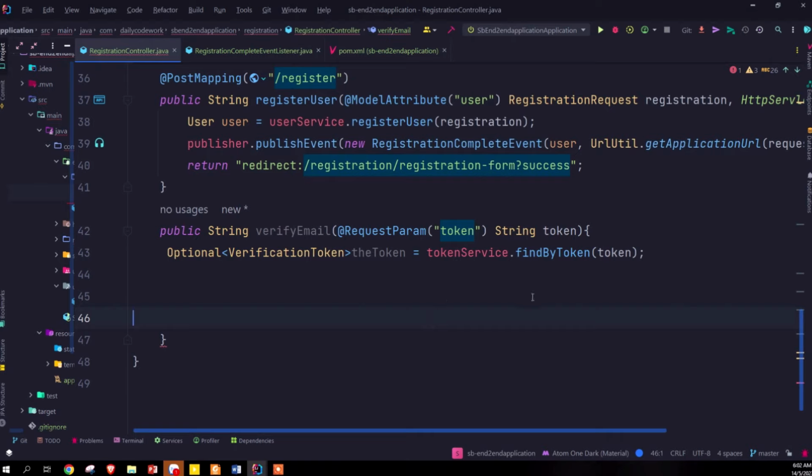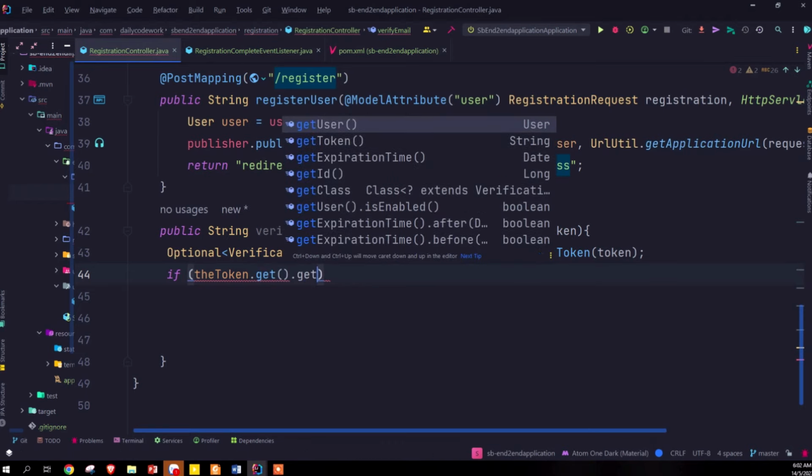So now after getting this email, we're going to check, because when the user clicks on that link, we're going to check if that user has already been verified. If the user has been verified, we're going to send a message to the user that this email has been verified, so please log in. But if the user has not been verified, then we're going to continue with the verification process, right? So here, let's just do the check. If the token .get